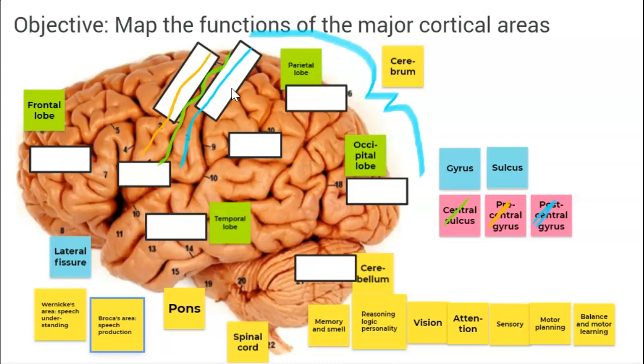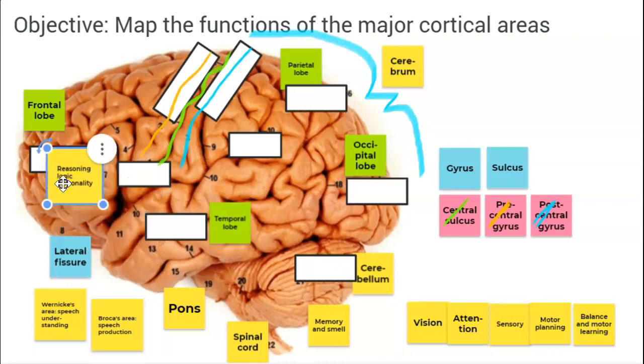And so if you are having trouble right now, this is something you're going to want to work on to memorize the different functions of the areas. So if we start with the frontal lobe, it is more developed for humans than it is for other animals. And so that is the place that gives us our ability to reason, gives us our ability to use logic, and it contributes in part to our quote-unquote personality. So that frontal lobe is reasoning, logic,